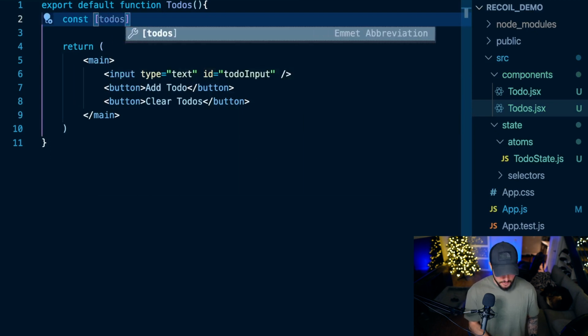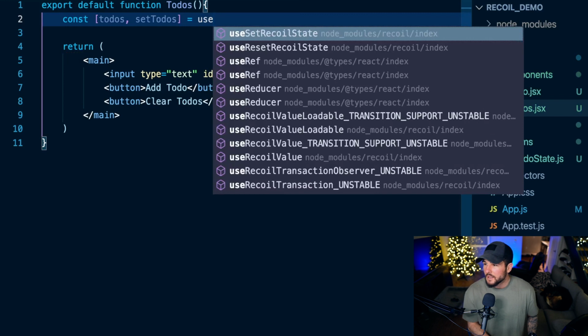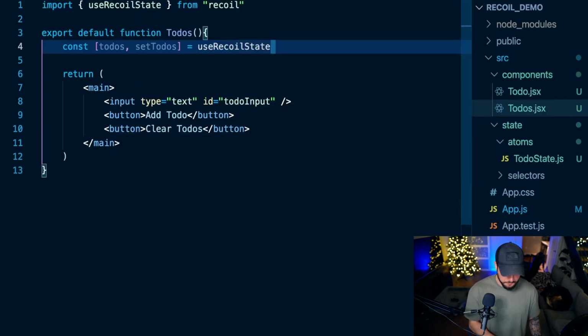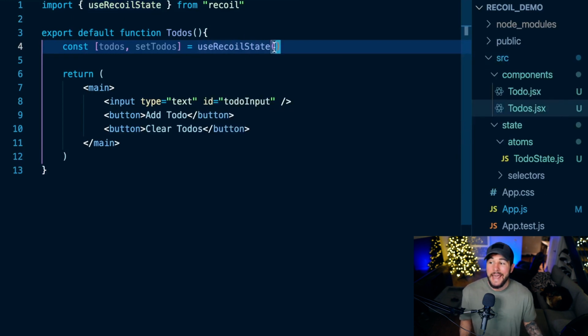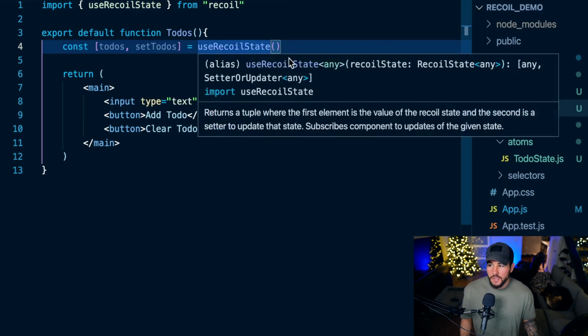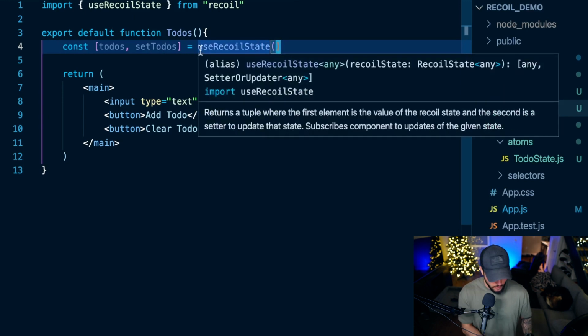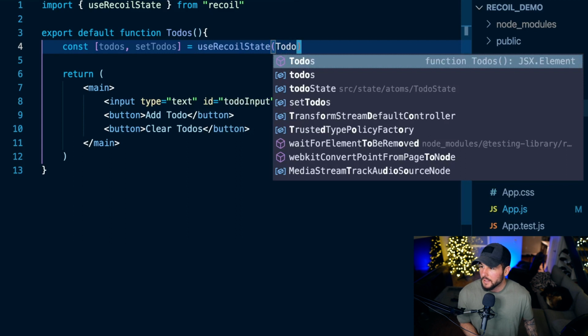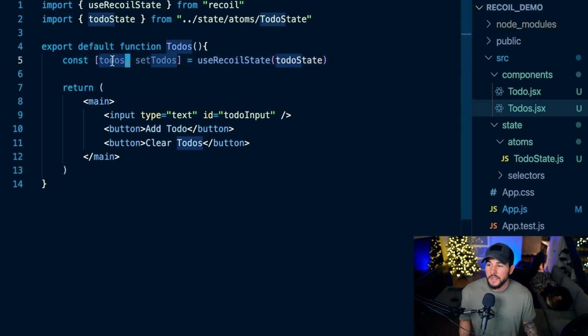by to-dos and set to-dos is equal to useRecoilState. And then this useRecoilState hook is going to take an atom or a selector. I'm going to pass it an atom or a selector for whatever piece of state that I want to use here. So I'm going to say I want to use my to-do state right here. So now I should have access to all of my to-dos within my to-do state atom,